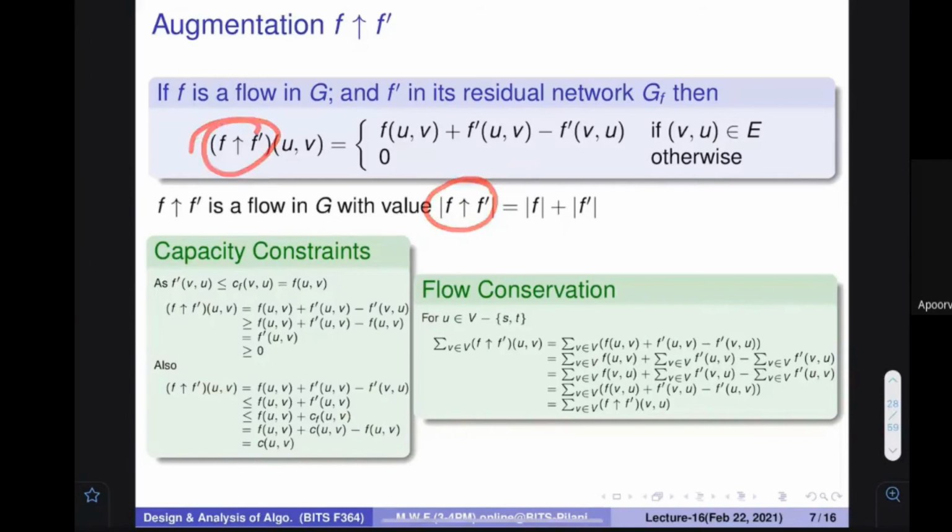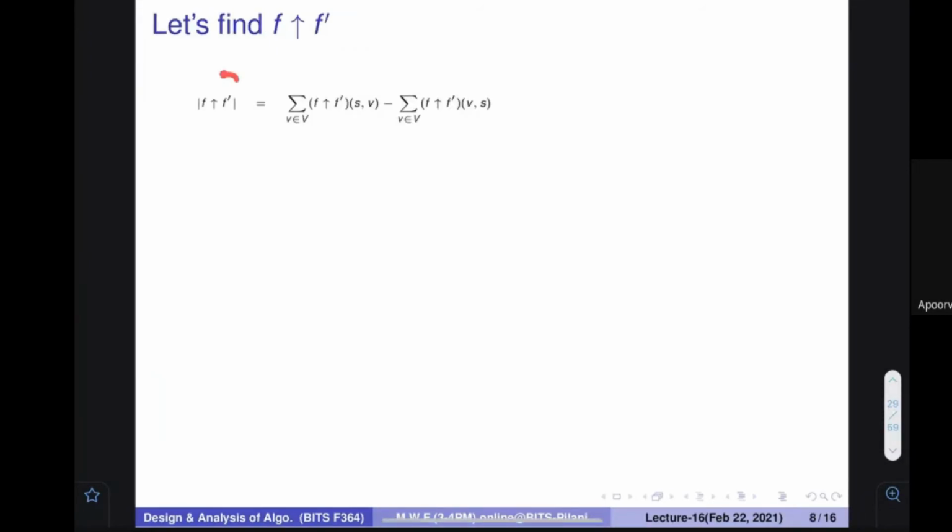Here (u,v) is not being presented, so that is also fine. If I want to find out the augmentation for all the v's inside V, all the vertices, how much is going from source to these vertices? Can you see this? How much is going out from s to v, meaning how much is produced for all the vertices, minus from v to s, how much is coming? This is the original equation that we were using. We were earlier saying that this value is actually 0, but for the sake of mathematical completeness, let us take this.